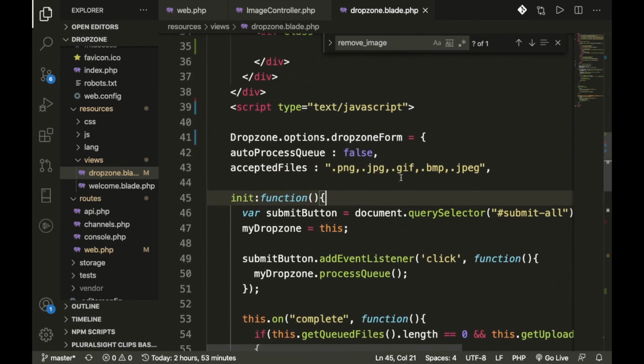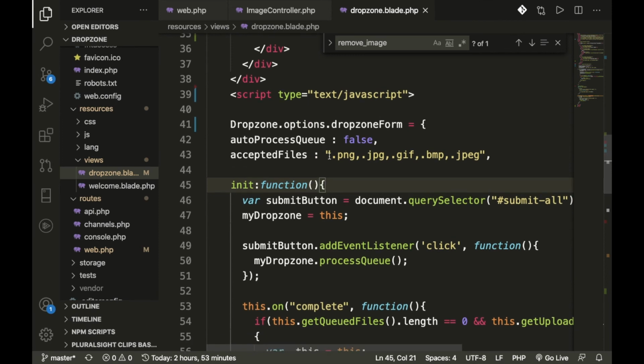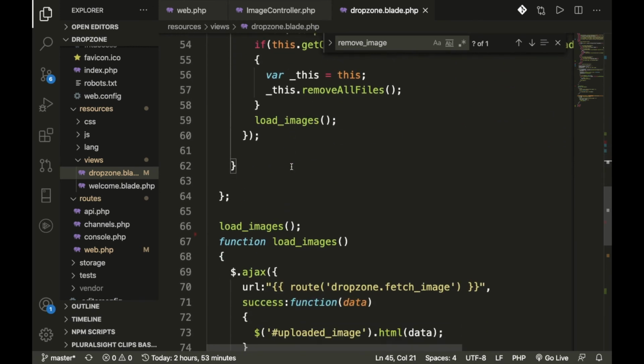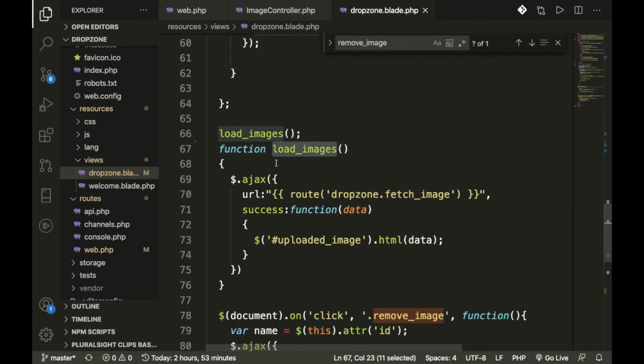We are using JavaScript, and we also process all data which can accept types like .png, .jpg, .gif. If anyone hits the delete method, we call load. If anyone fetches from the database, we load these particular functions.